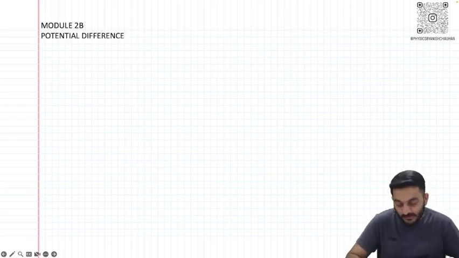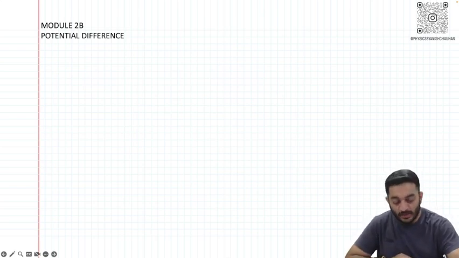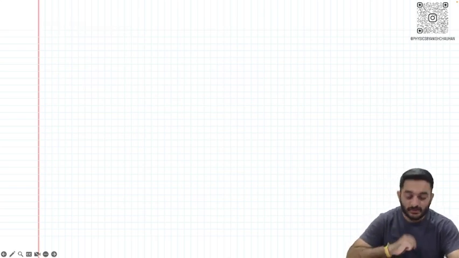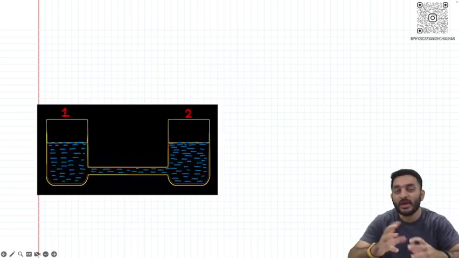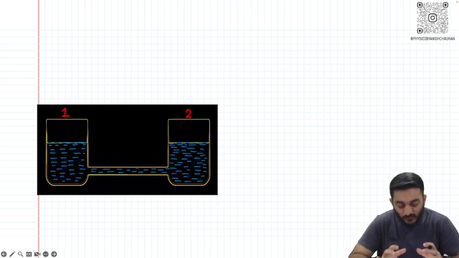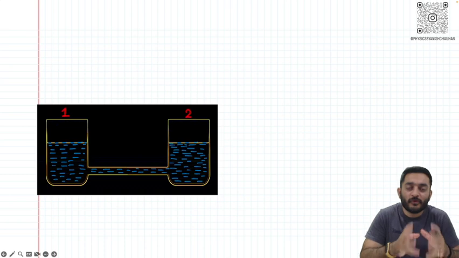Hello guys, this is module 2b and the topic which we are going to understand is potential difference. Now look here, before we actually start the term potential difference, we need to understand one particular thing, like when exactly the flow of water, or you can say that when exactly the flow of charge is going to be